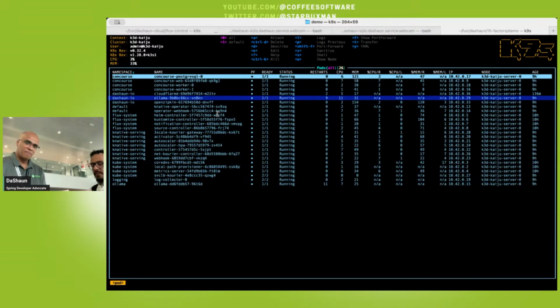So I've got Raspberry Pis that stand up and do the tests. You can see that I've got Knative Serving here, and I've got Flux. Flux is my GitOps, so it's looking for a commit to a repo, and then it fires off a process. Okay, so that's how I'm handling this.